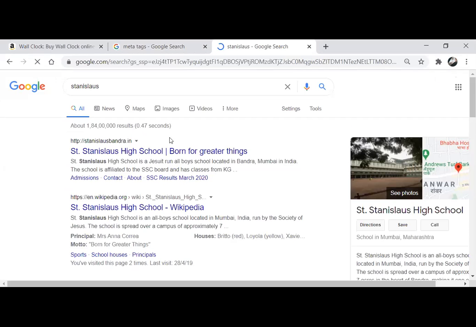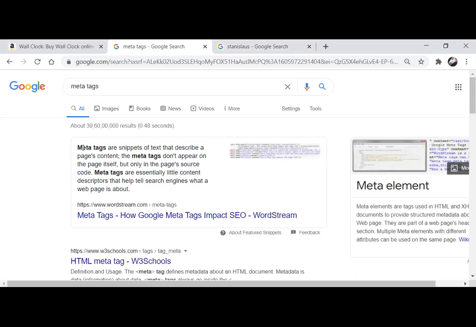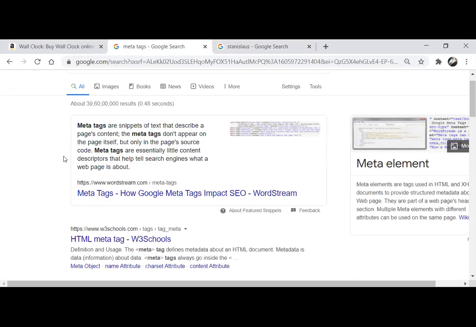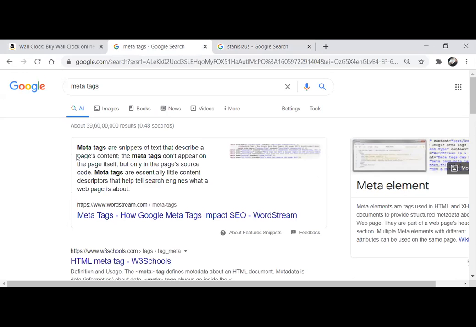It is a Jesuit institute, located in Bandra, Mumbai, and affiliated to SSC board starting from KG. This small description is written with the help of these meta tags. So these meta tags help in the Google ranking of your website. Everyone, after making the website, wants their website to be ranked first.